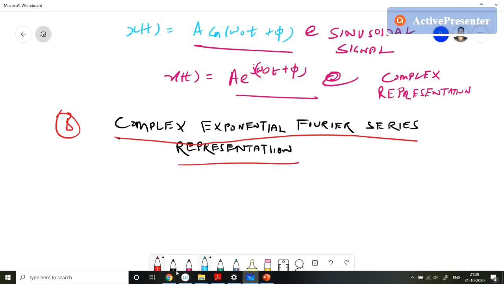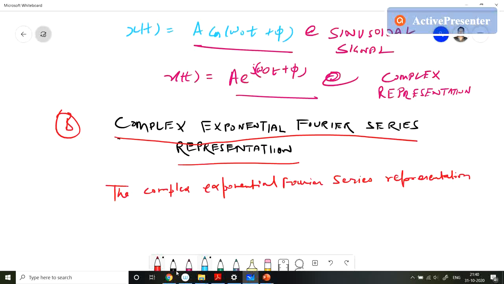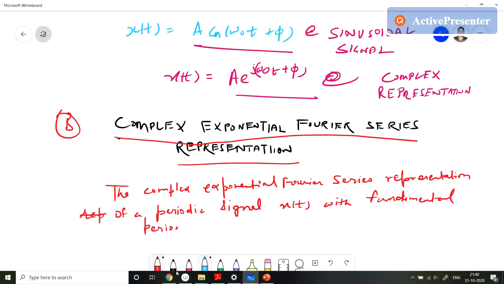Let us discuss this. The complex exponential Fourier series representation of a periodic signal x(t) with fundamental period T naught is given by